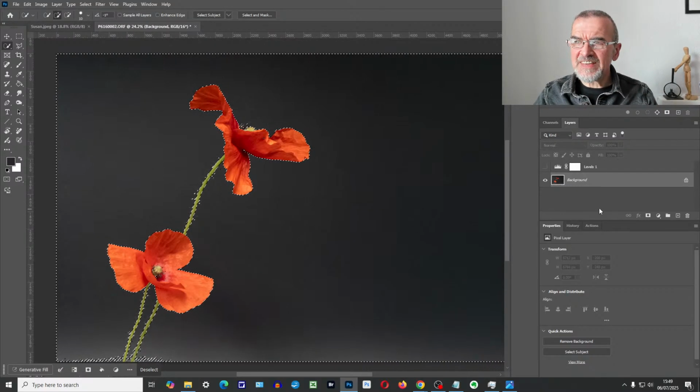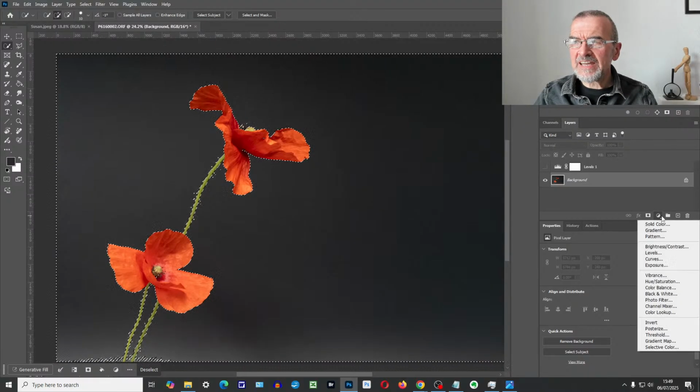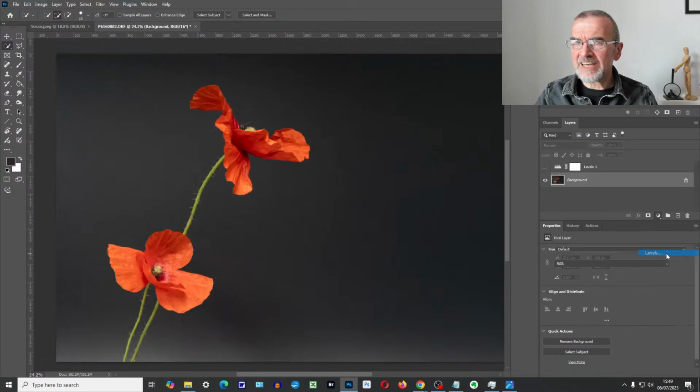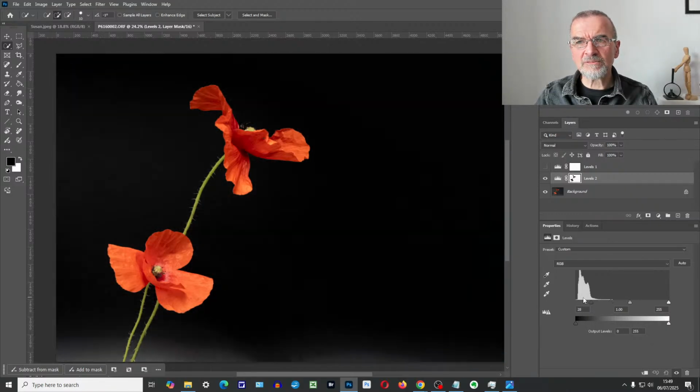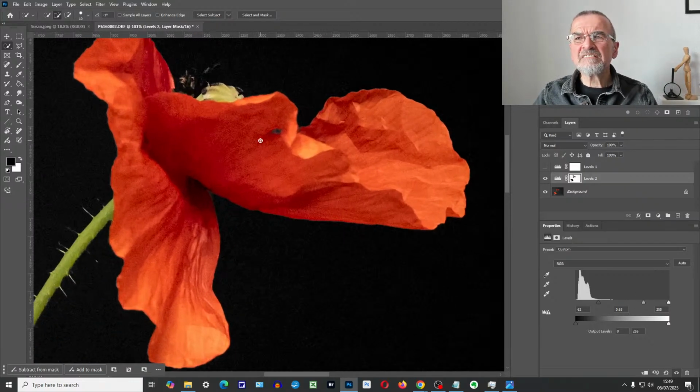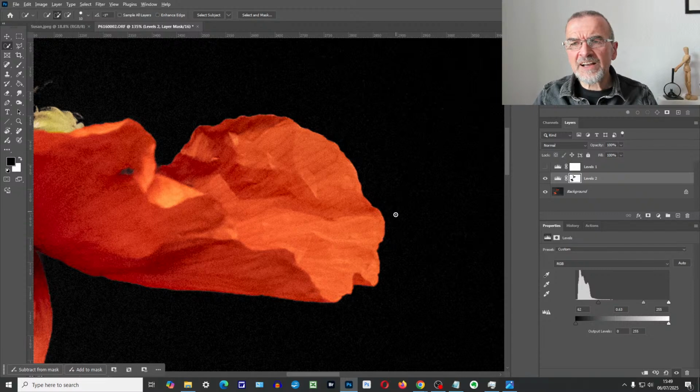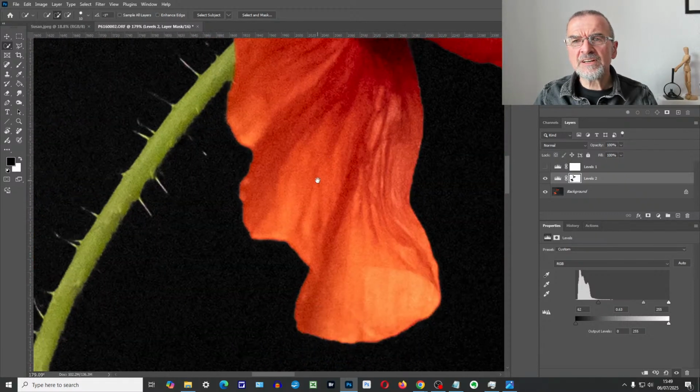What we can do with this is, if I go to something like the levels, I can selectively adjust only the background, like that, you see. So that's one way of doing it. There is a slight problem with that when you've done that kind of hard selection, that sometimes the edges can